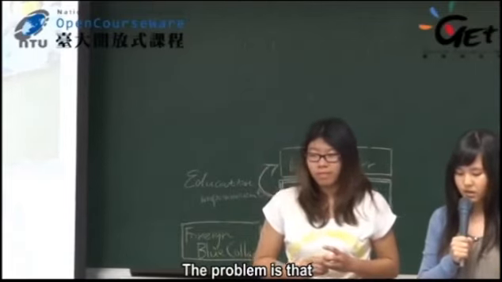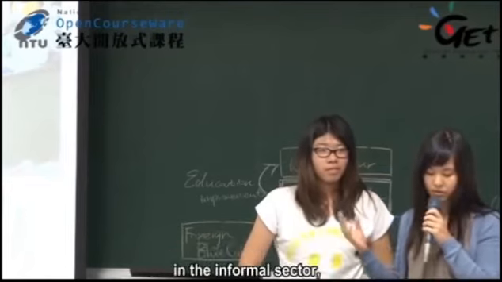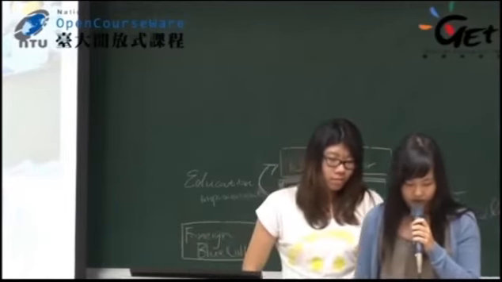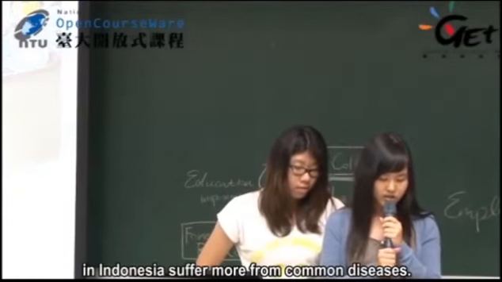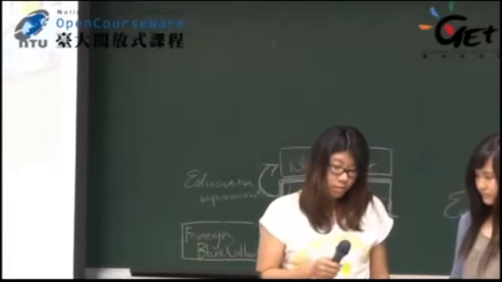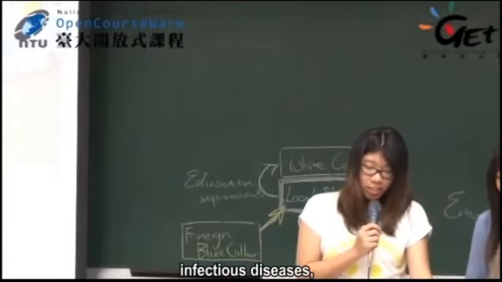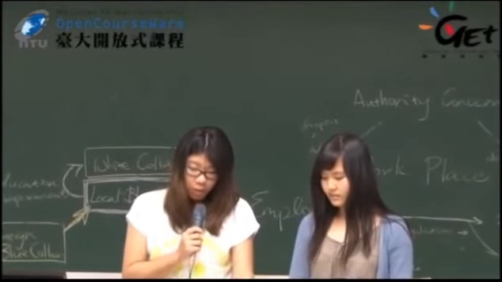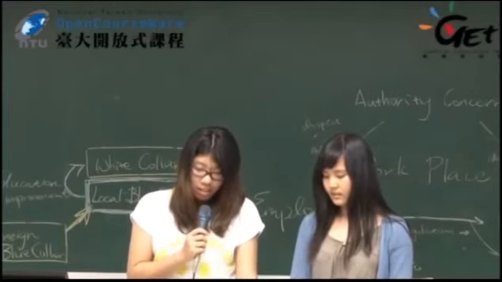The problem is that official surveys can easily overlook occupational health problems in the informal sector, which can be very serious, as we will see later on. Recent studies have shown that working women in the informal sector in Indonesia suffer more from common diseases. For example, malnutrition, infectious diseases, high blood pressure, and malaria, vision problems, hearing loss, pesticide poisoning,